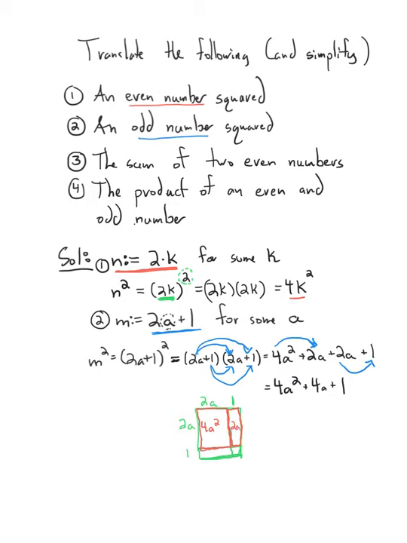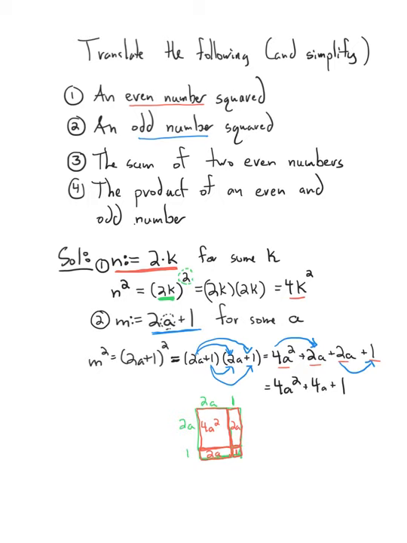This rectangle is 2A times 1, or 2A by 1, which again is 2A. And then this rectangle is 1 by 1, and 1 times 1 is 1. So you can see that each of the pieces here, 4A squared, 2A, 2A, and 1, represents one of the pieces that we broke up our rectangle